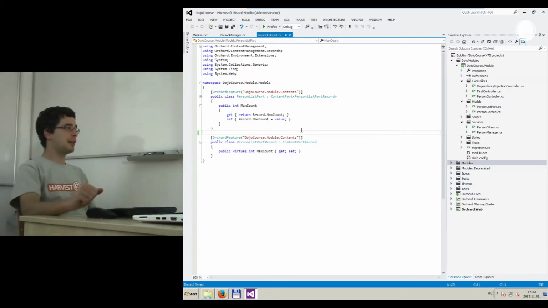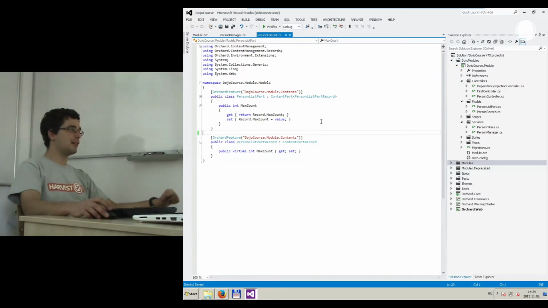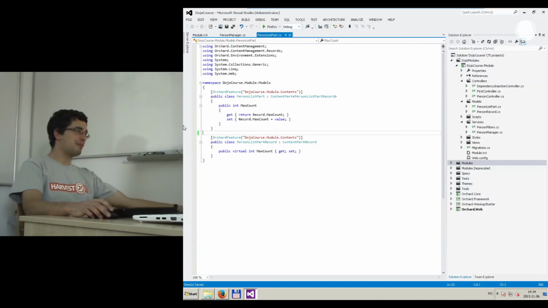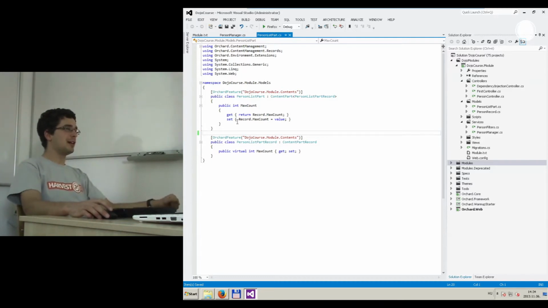So here is our first part, called personalist part, that we started to implement. Last time we told you that there will be something remarkable about how we will implement the properties on the part, because we will do something very cool. Now this we will do today, but first we will create